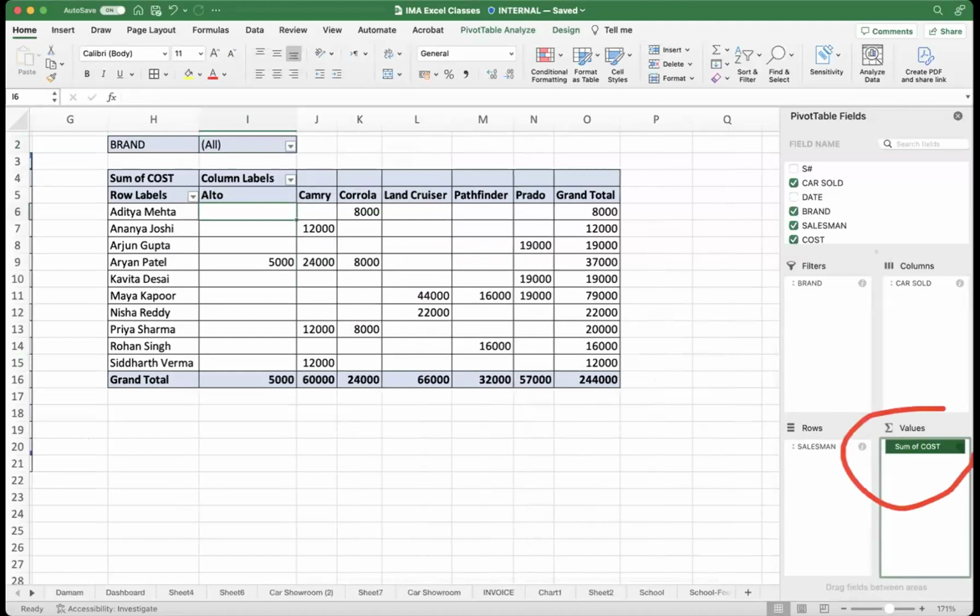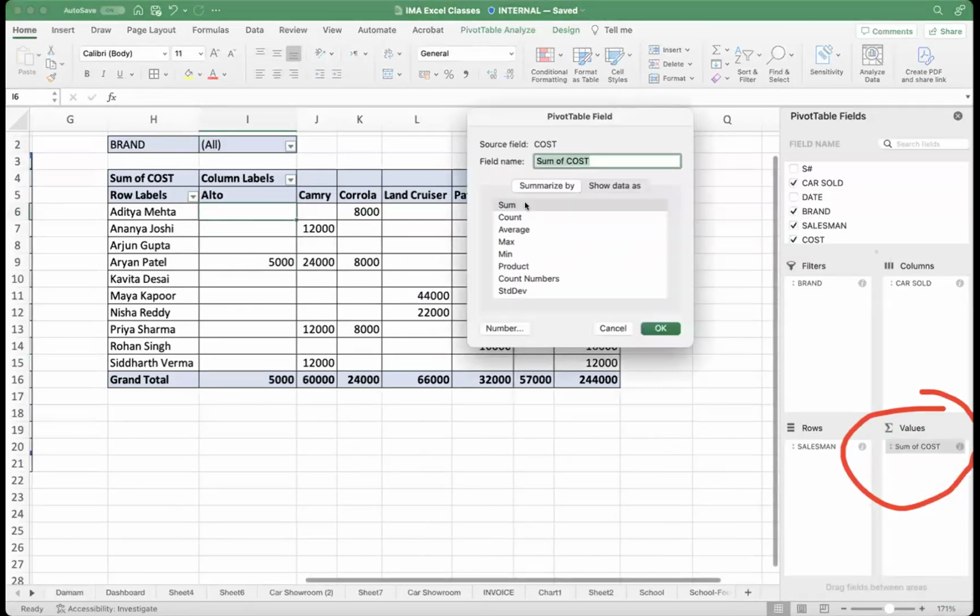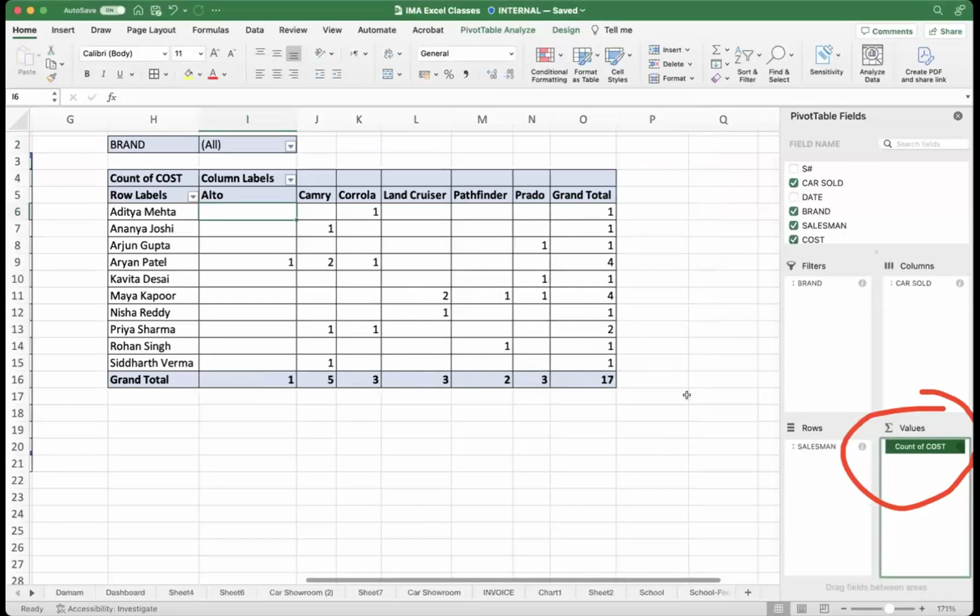यहाँ पे मैंने ये भी कहा कि जो वैल्यू का टैब है, इसमें यू कैन डू लाइक एनी अदर फार्मूला। इसको राइट क्लिक करके फील्ड सेटिंग्स को अगर जाएंगे तो वो सबसे पहले तो सम कर रहा है, आपको काउंट करना है तो काउंट भी कर सकते हैं। मैं काउंट कर दिया तो इट विल टेल यू हाउ मेनी कार्स सोल्ड।